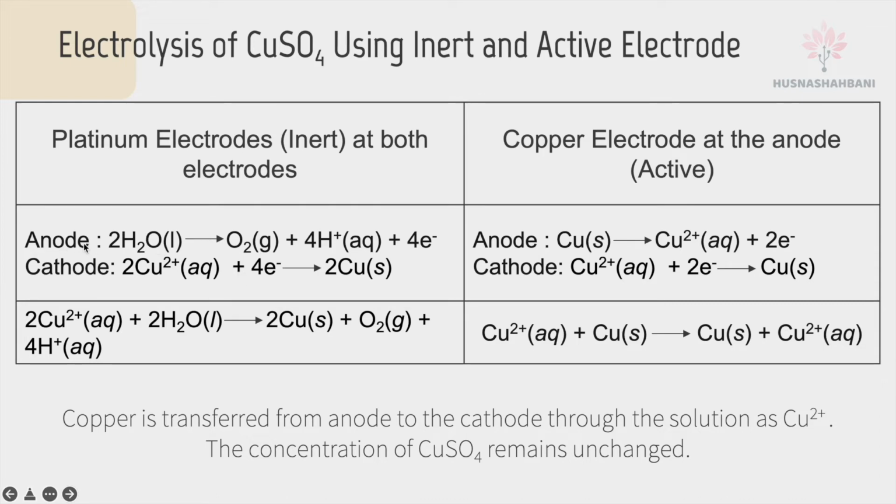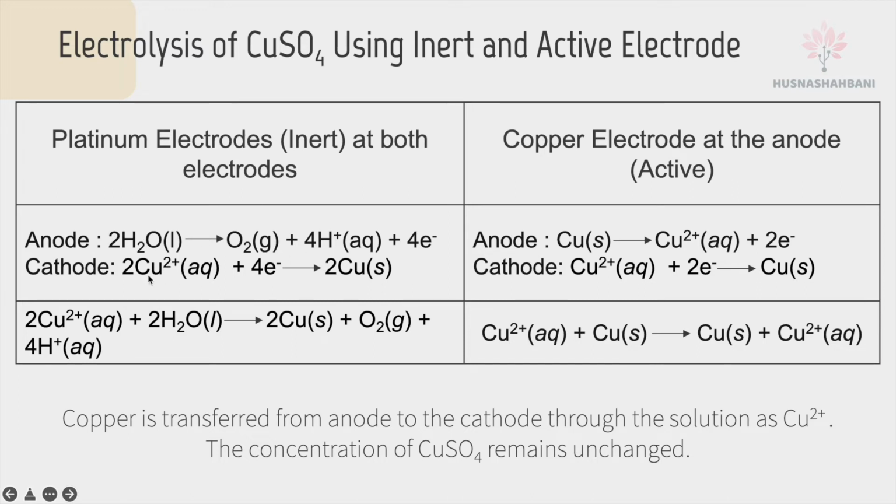At the anode, we compare between water and SO42 minus, because we know anode is oxidation. Compare the electrode potential value, and water has the more negative value, so that's why we choose water